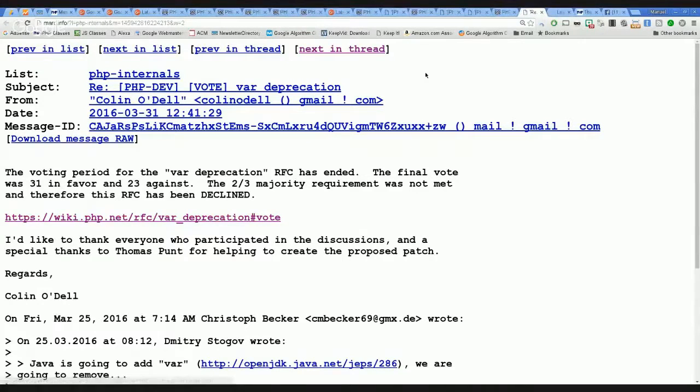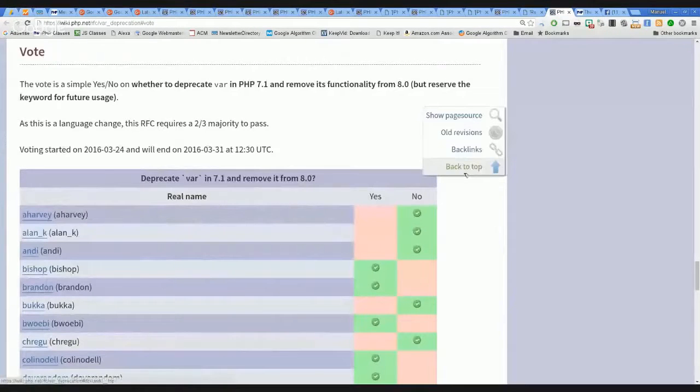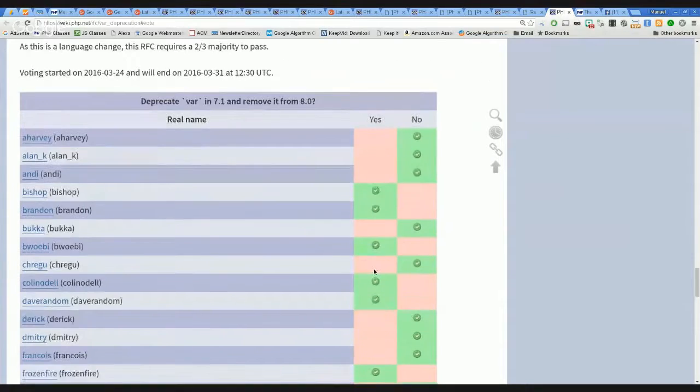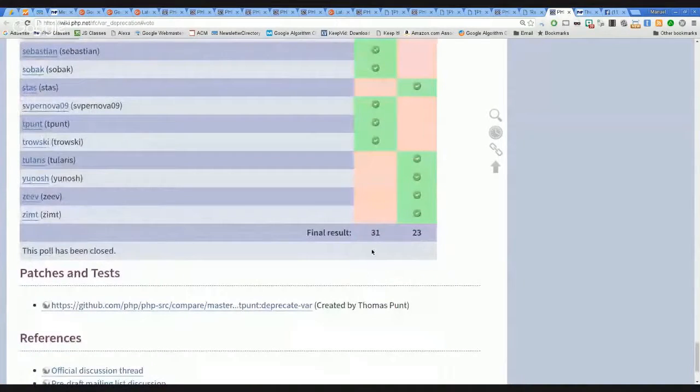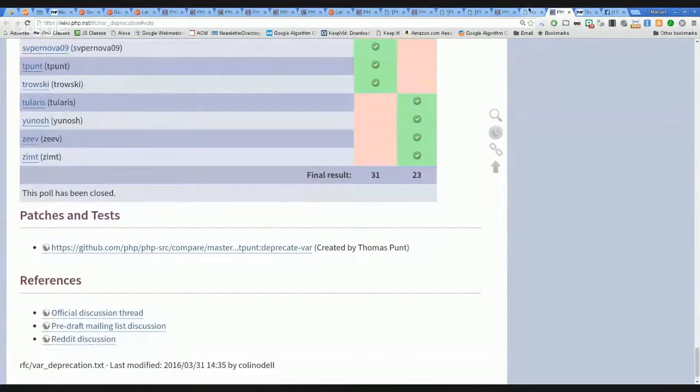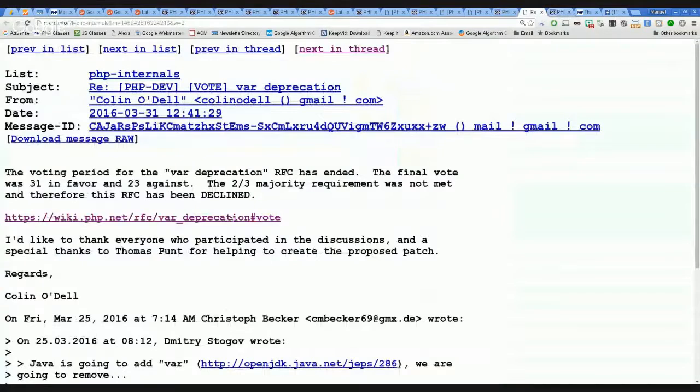Basically, the vote stated that the proposal to deprecate VAR on PHP 7.1 and remove it in PHP 8.0 had more votes for it, 31 against 23. But since the proposal required 2/3 to be approved, it ended up being declined, at least for now.